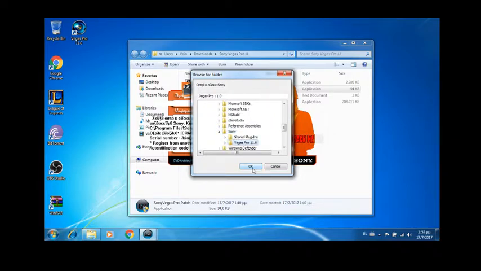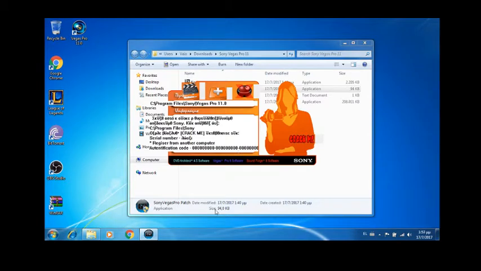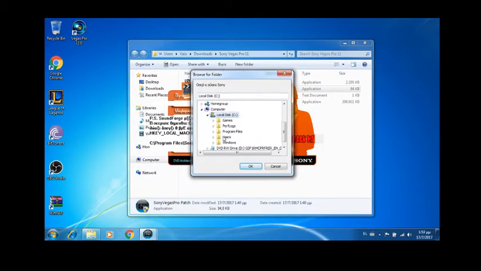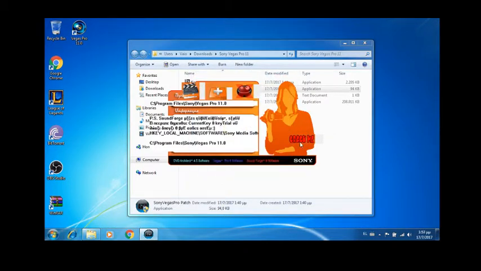I don't know where you installed it, but find that directory. Then click the plus button. Then click the film again and locate your Sony Vegas Pro directory again. Then click crack me,